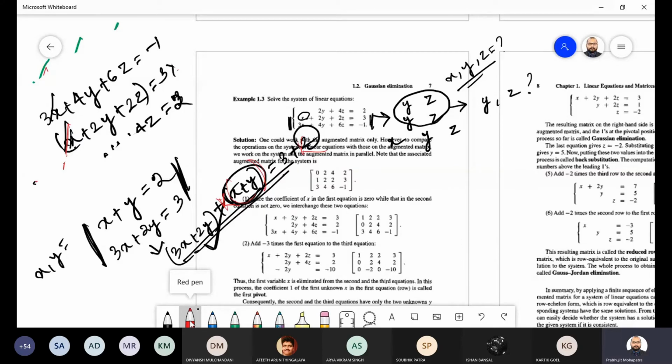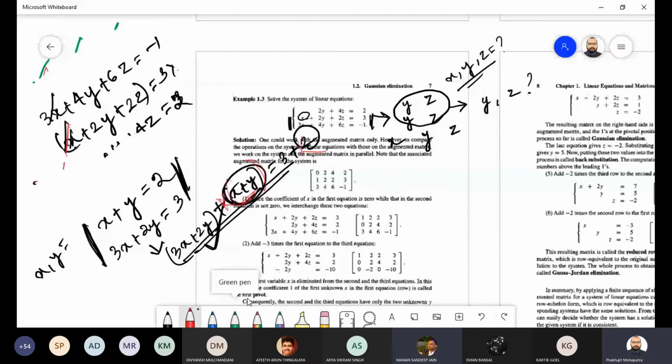Yes, sir. We can multiply one scalar value with one equation, and we can add it to any equation, not only that equation. And on the right side also we have to do it, not only the left-hand side; we have to balance both sides. That also we can do, or not? So here it is possible or not? Yes, sir.